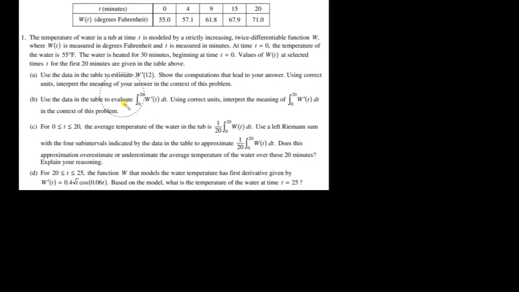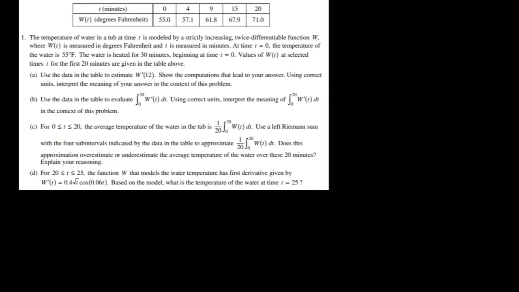Okay, so part C, for t between 0 and 20, the average temperature of the water is this. Use a left Riemann sum with the 4 subintervals indicated by the data in the table to approximate it. And is this an overestimate or an underestimate? Explain your reasoning. Okay, so first of all, we need to evaluate this integral using a left Riemann sum with